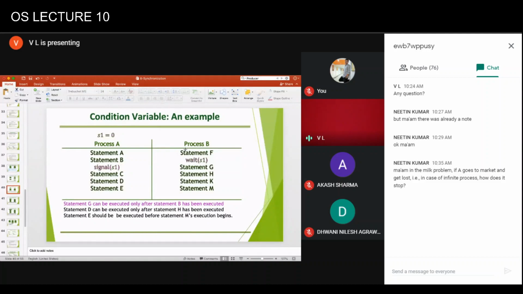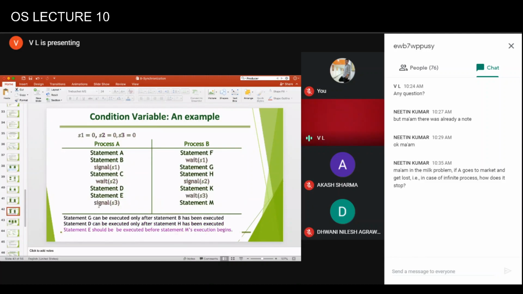So this scenario will ensure that G will be executed only after B. Similarly, the second statement is that D can be executed only after statement H. So we use another semaphore and do it like this. Then E should be executed before this statement, so we'll do it like this.